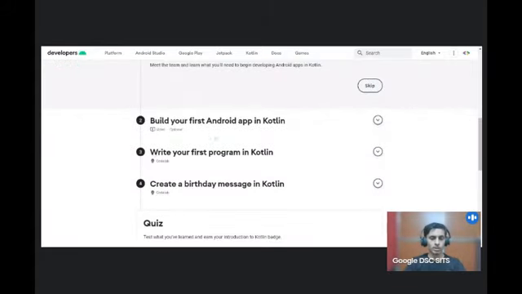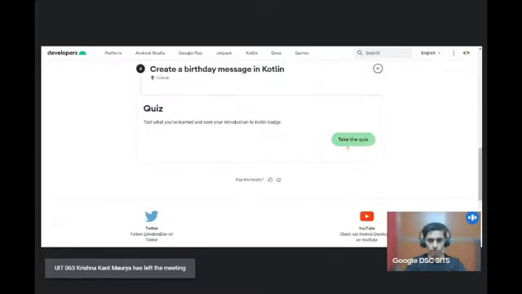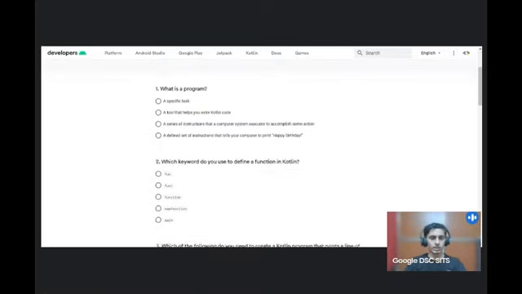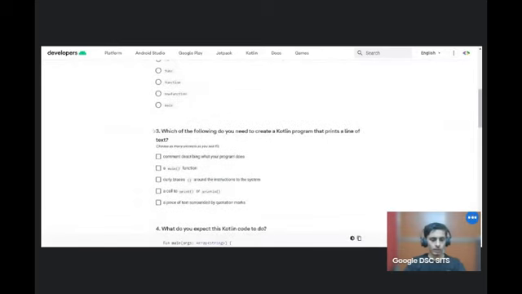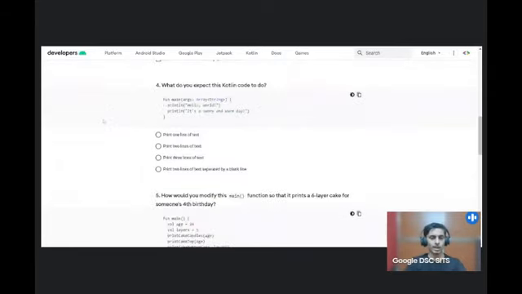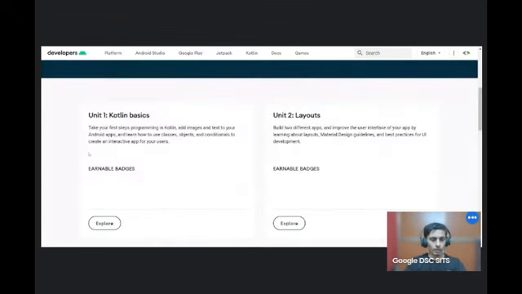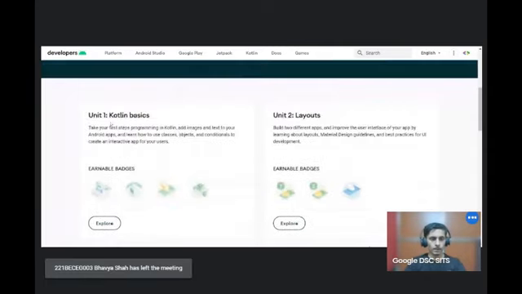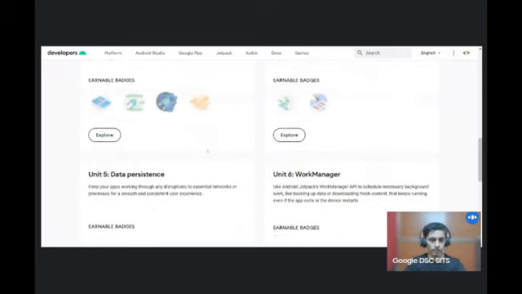As you complete the code lab, the progress bar will increase. So we'll see how the quiz is. The quiz sometimes contains fill in the blanks, like multiple choice questions. So you'll have to complete this and submit this. If your answers are correct, you will be awarded the badge. So like this, you will have to complete all the units. The first unit contains 4 badges. The second unit contains 3 badges, and it will go on.